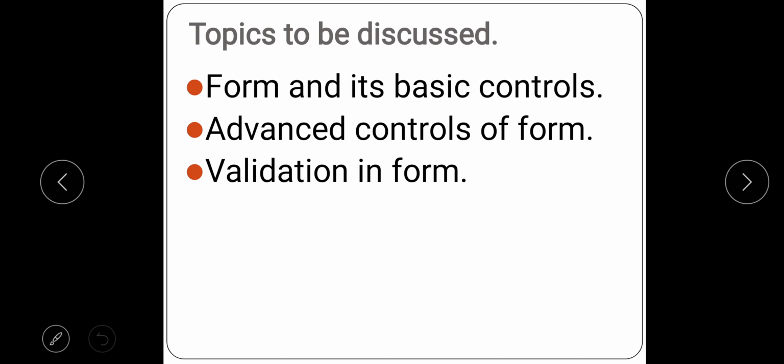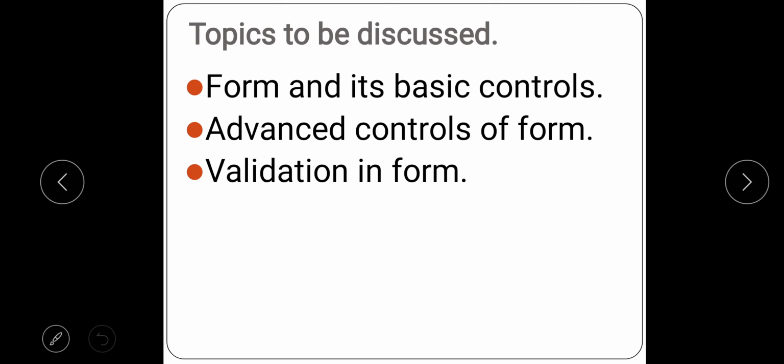Then third and last part is validations in the form. In this topic we will see what is validation, how to create validation for the controls and why it is used, etc. There are different types of validations that we will see in details.